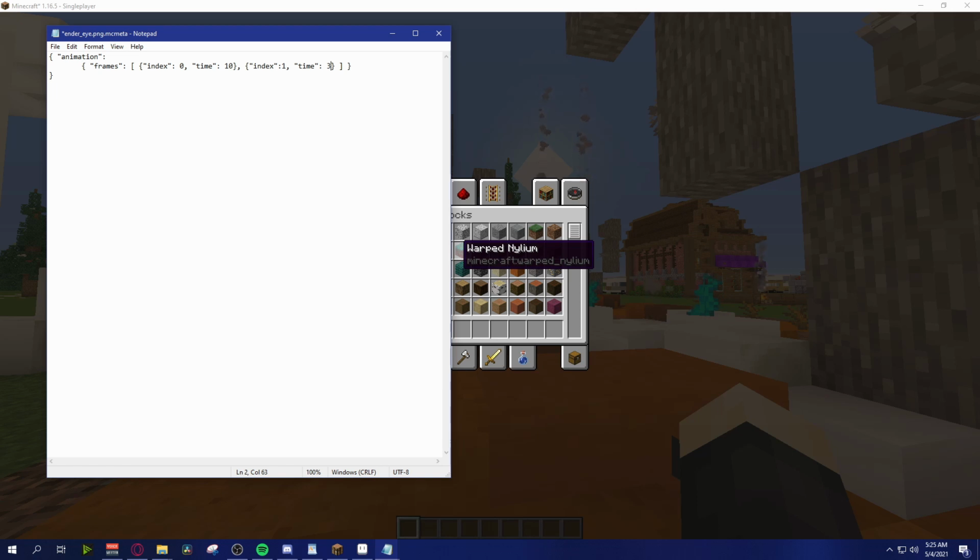And then we're going to be doing one for index 2, which refers to the final image. Oh man, if I could type correctly. And we're going to be giving that the time of 3 as well. Now that we have the images, we could go back to Minecraft, and if we look,